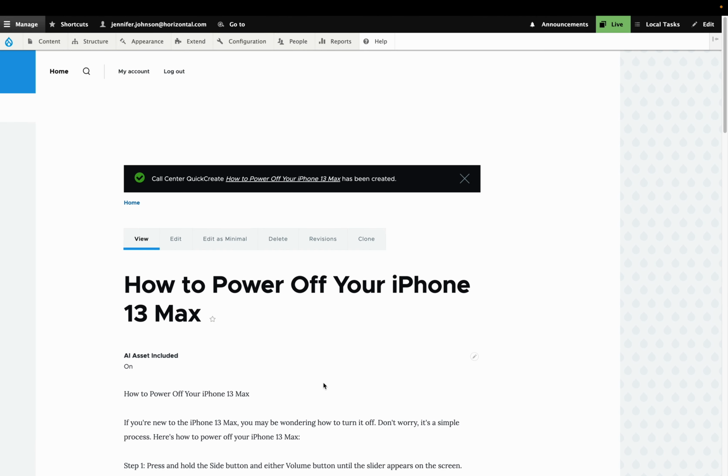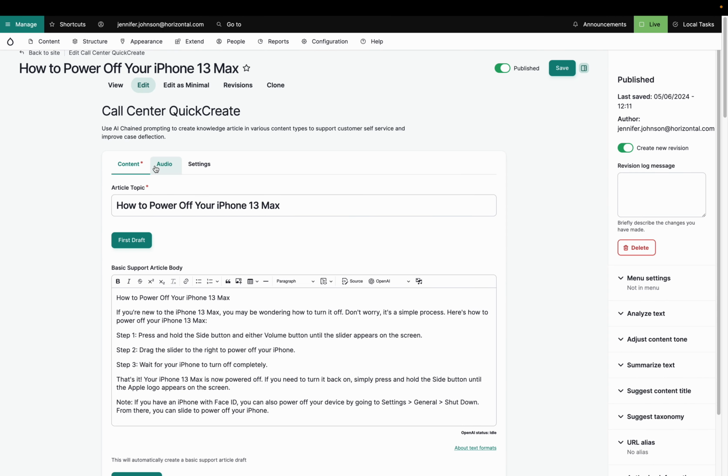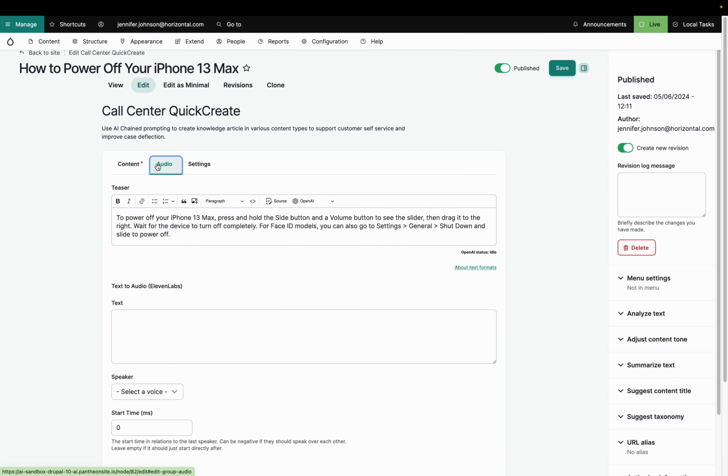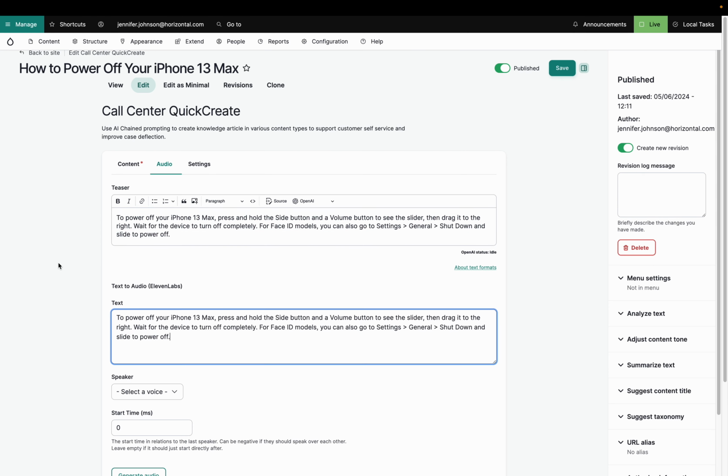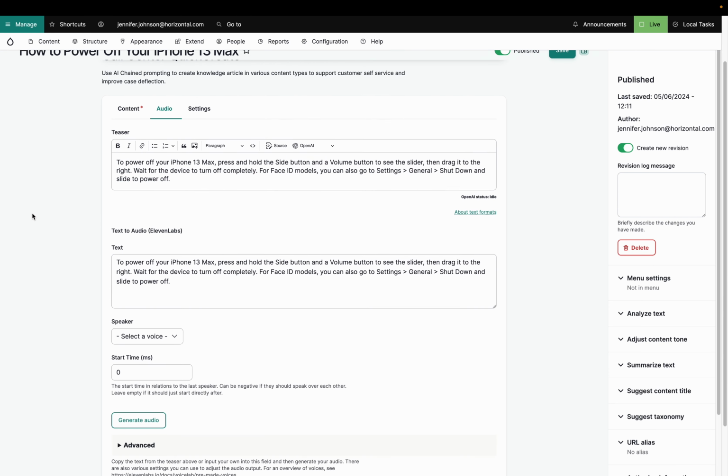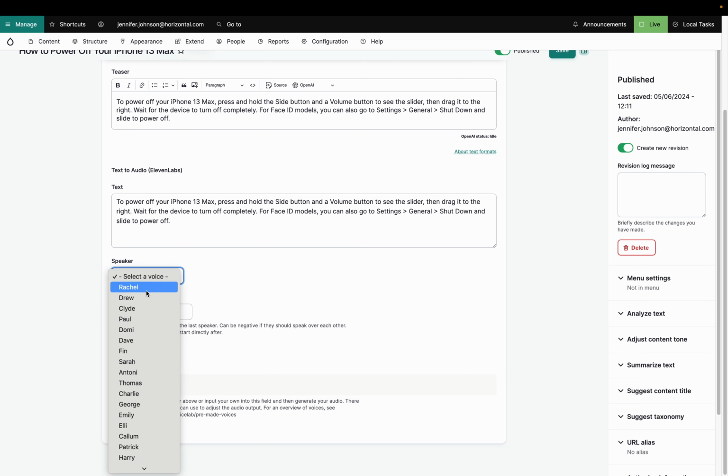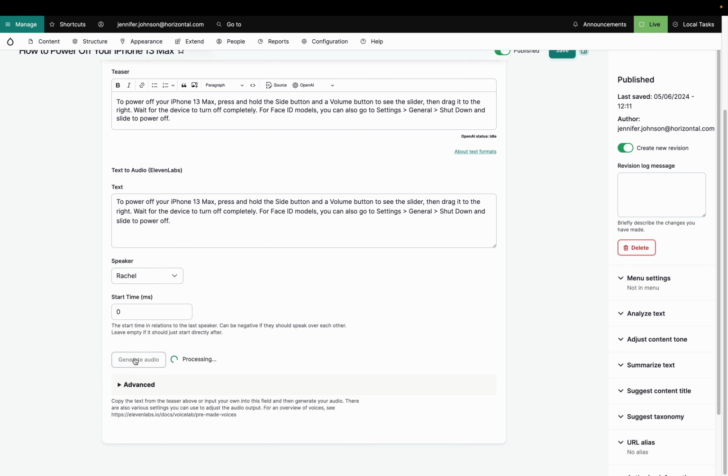At the top, if I go back into edit mode, I have an audio tab. And this is where on save, you could see it doing the little saving motions. It's actually extracted out a teaser text that now I can use for audio creation for accessibility standards. So if I wanted to come in here and generate audio,